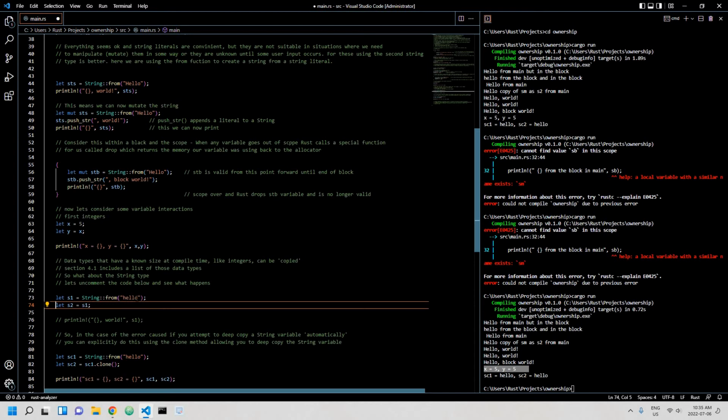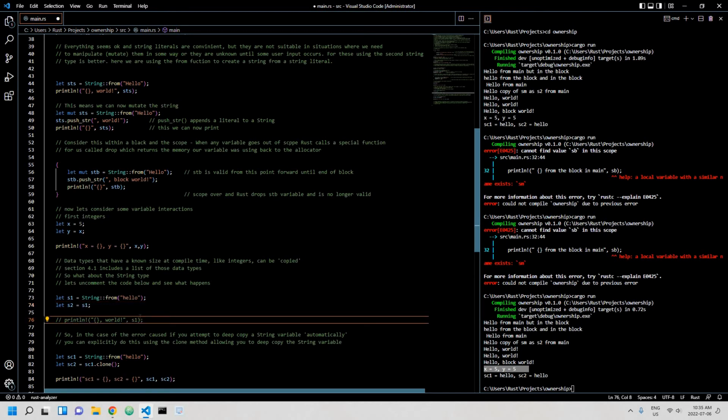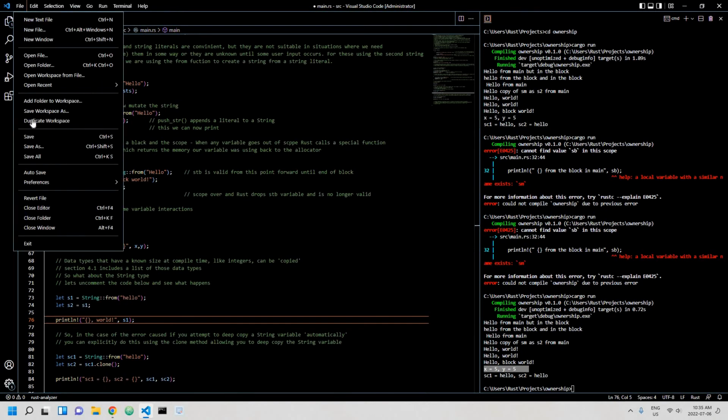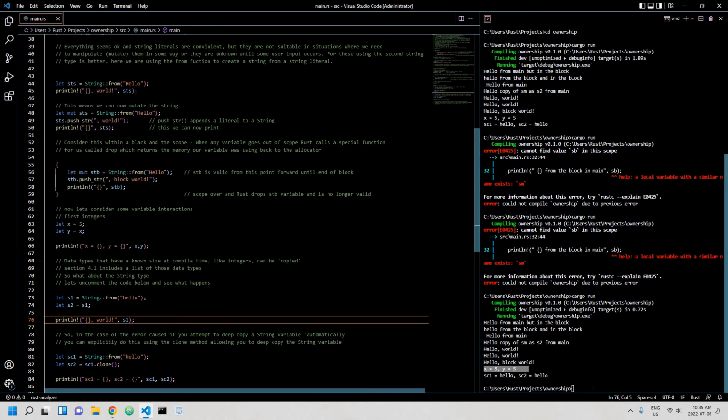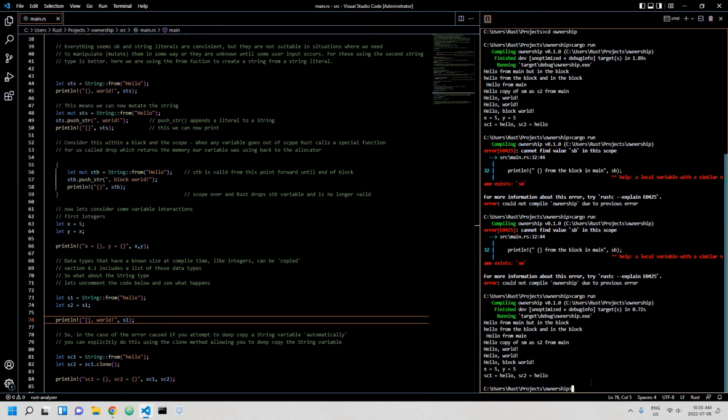I'm not going to do anything clever at this point with mutability. This is purely just to illustrate what happens when you attempt to copy a string from one variable to another with this string type. So if we run this,